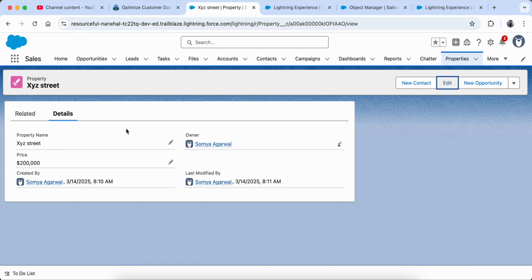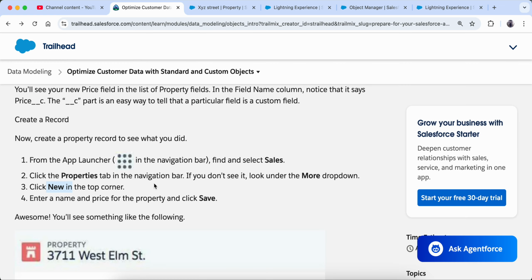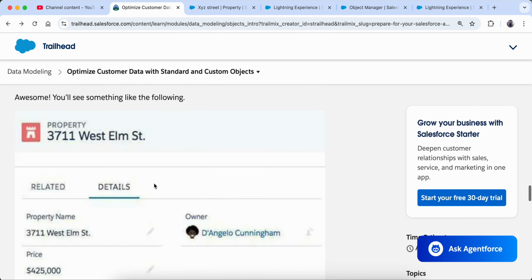Okay, so what we just learned is how we can create a custom object, how we can create a field in that custom object, and then how we can create a record in that custom object. Okay, this is what we created just now. Now click on save. Awesome.